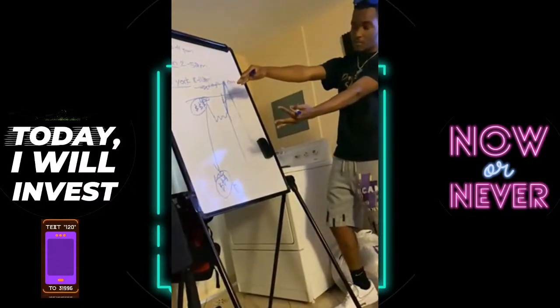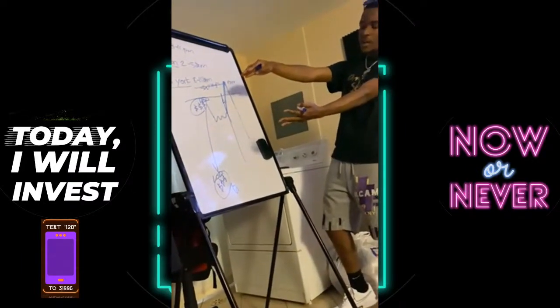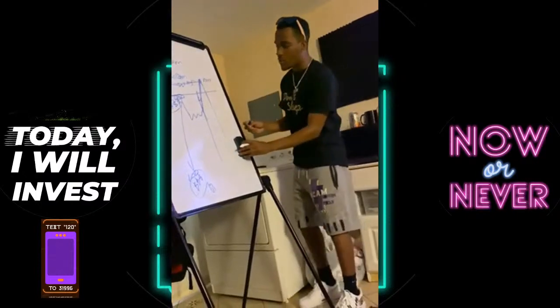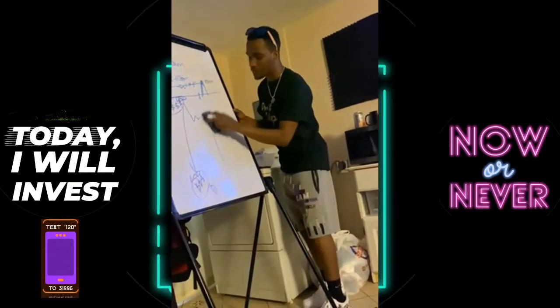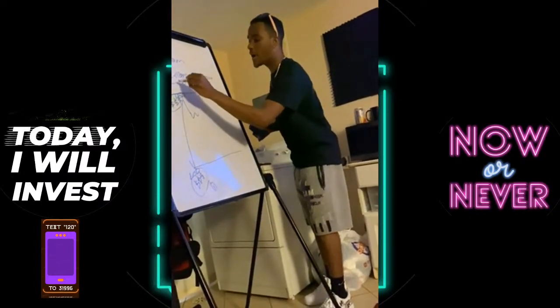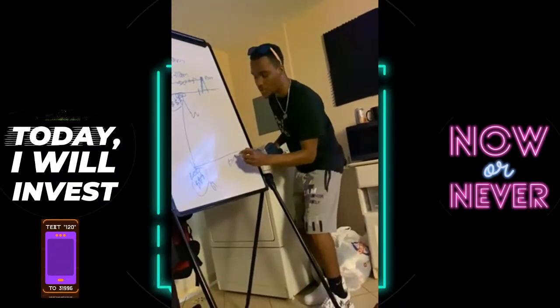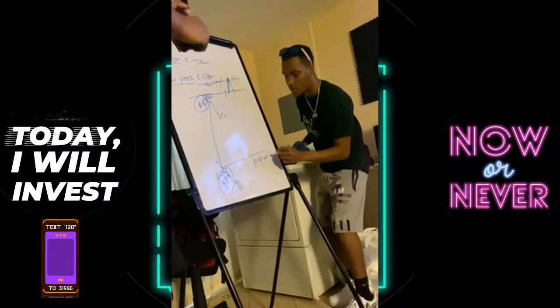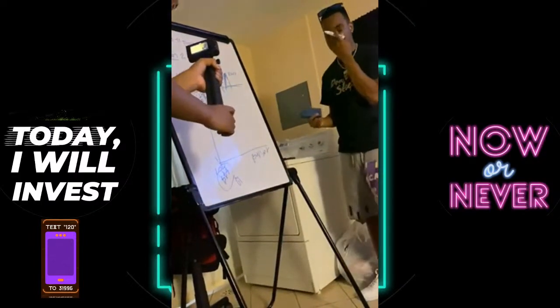I'll look at the market, see what they did yesterday, and I will not trade in the middle. That's why they say buy low, sell high. You sell high up here, and you buy low down here, because this is what the institutions are doing. I want to do what they do. I want to do what the successful people do.